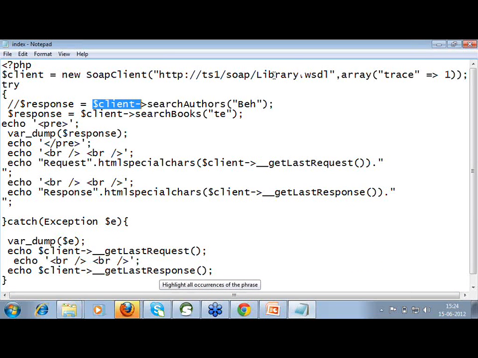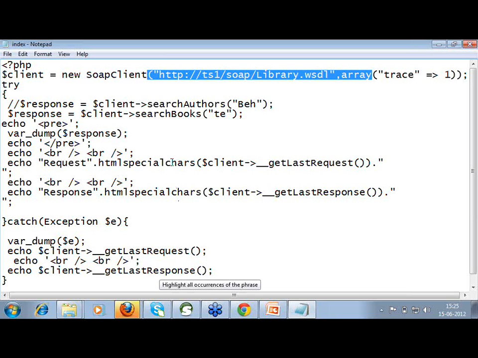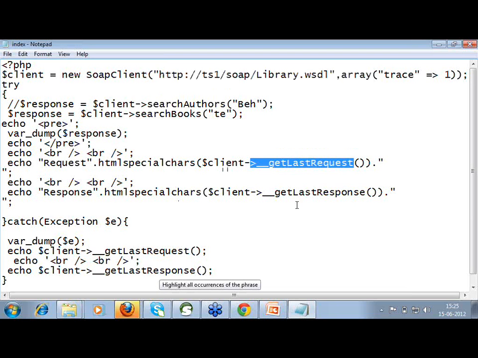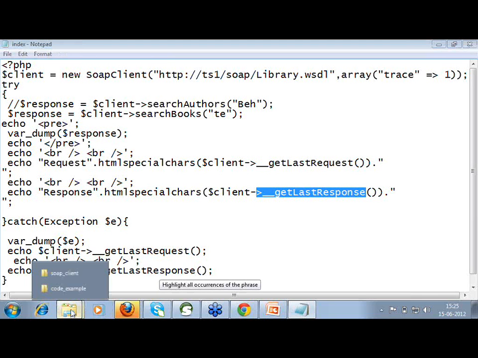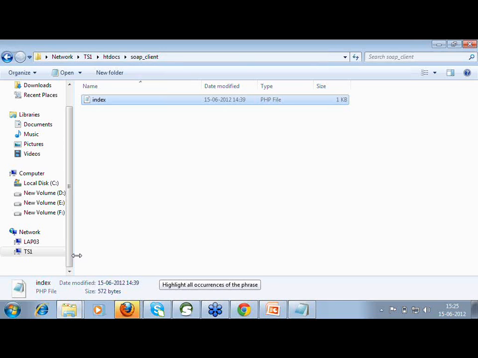So what have I done? I am the client now, and I have done simply two lines of coding, and I got all the details that are on the other server. You can see I call the WSDL file and print the request and response from that WSDL file. And let's have a look at the code.